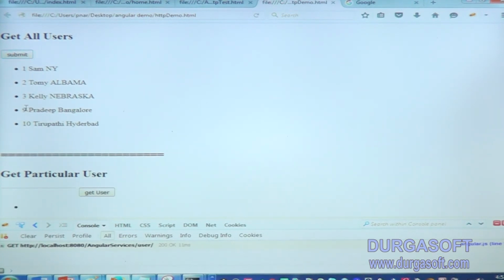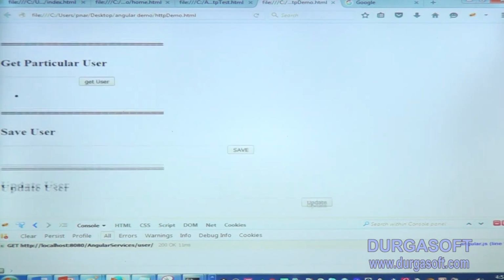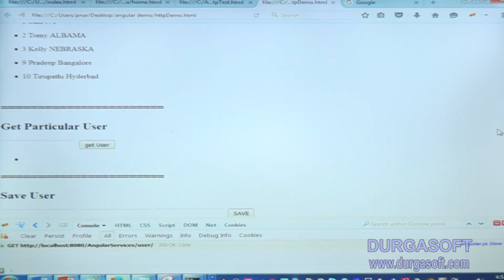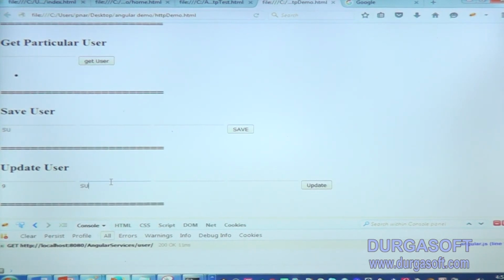Now I am trying to update id 9. I am giving id number 9 here. Previously the data is Pradeep, now I am giving Suresh. It is two-way data binding, that's why it is coming like this. Previously it is Pradeep, Bangalore. Now I am giving Pune, and Suresh at abc.com.